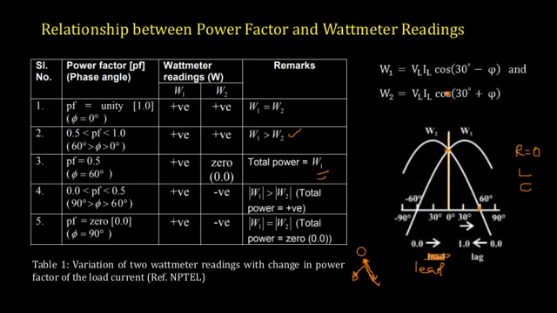Now if you are considering a leading load, that is a capacitive load, you can just change your signs. So take this as plus and this as minus. You can exchange these symbols, and you can use these equations to find out the wattmeter readings or the total power consumed in case of a leading load. Okay, your phasor diagram also changes, so your signs also will change accordingly. This is a change that you have to make if your load is leading in nature.